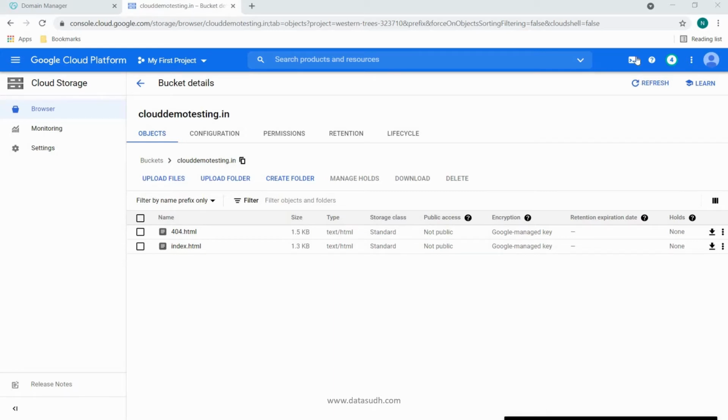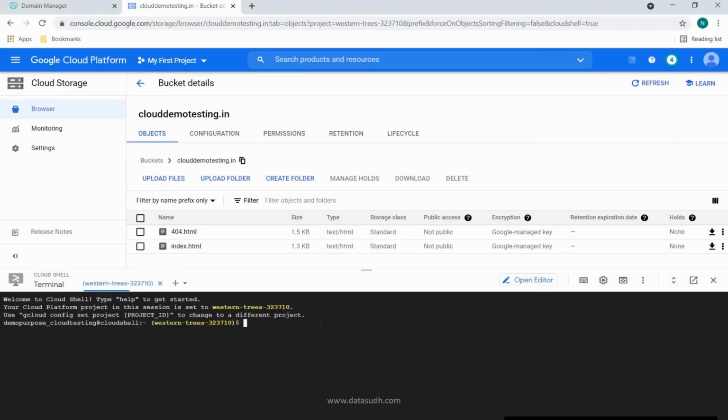So for that, let's go to Cloud Shell and type the command gsutil web set, because we are setting the configuration, and we will provide a parameter -m. This parameter tells the main page suffix, that is, which is the main page to visit when your domain is visited.